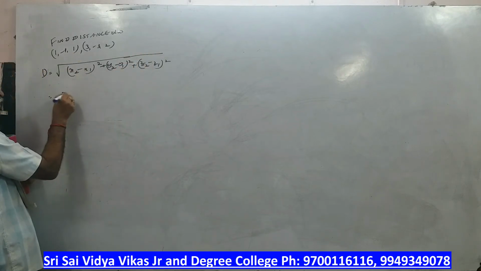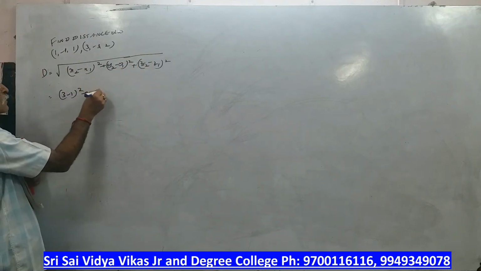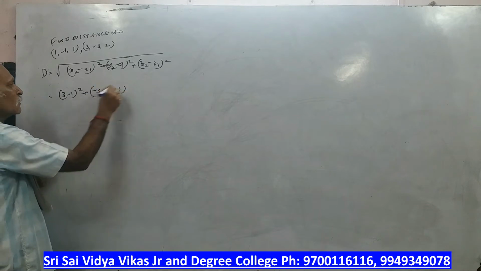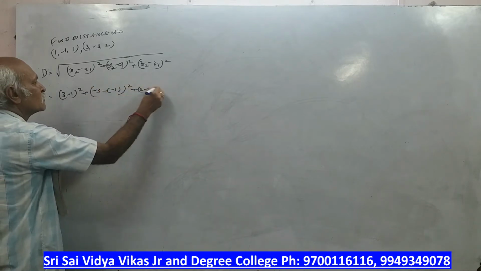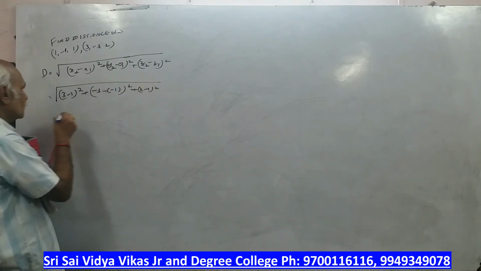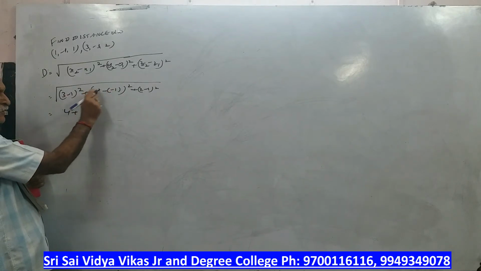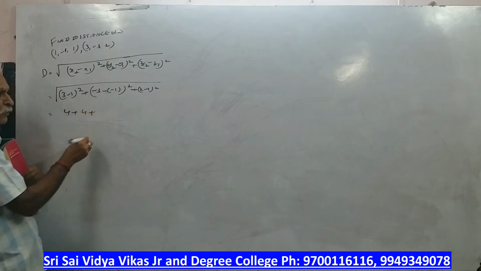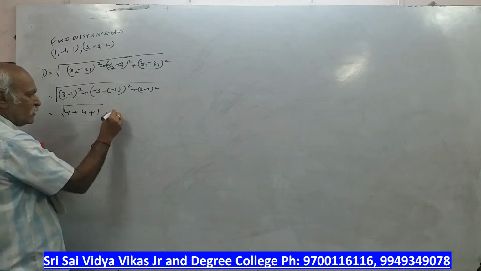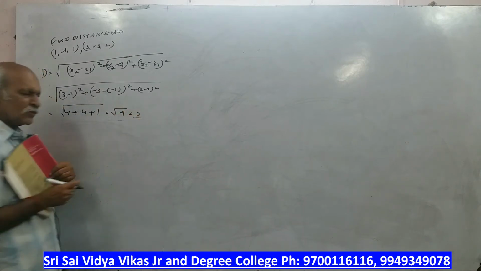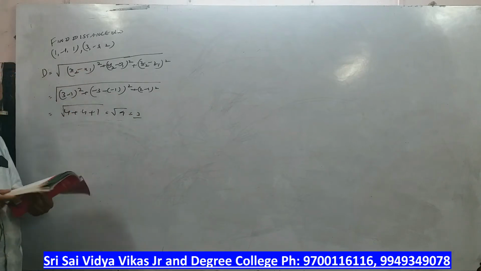So x2 minus x1 whole square. So 3 minus 1, 2 square is 4, minus of minus is plus, minus 3 plus 1 is minus 2 whole square, again 4, 1. So how much we get? Root 9, which is 3. So same distance formula, extra you have to write z2 minus z1.